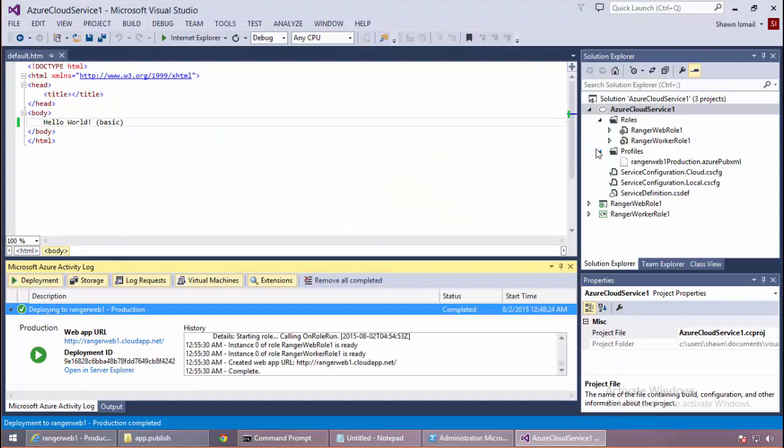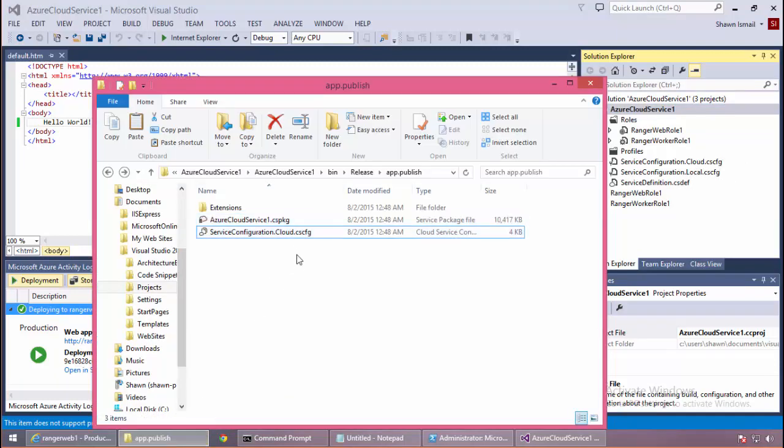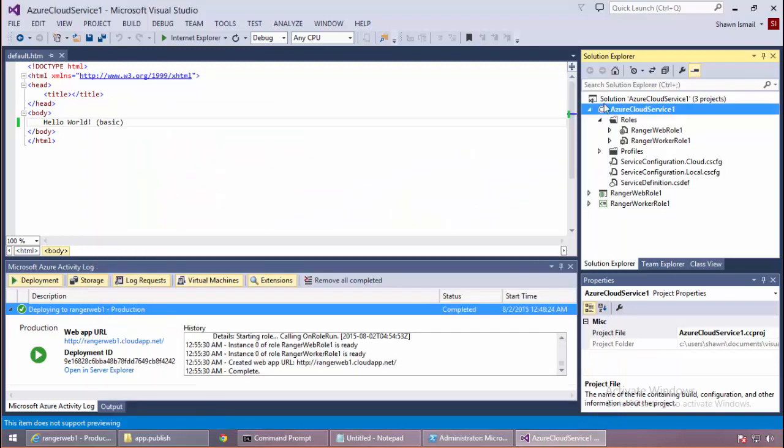The other thing I wanted to show, and it looks like the deployment has completed, is that when you go to the service configuration file, there are actually two files. One is cloud and one is local. If you see over here, this is only the cloud one; the local one is not there. The cloud and the local both exist because this is the configuration file that's going up to the cloud. But if you want to check this application out manually, the local configuration file is